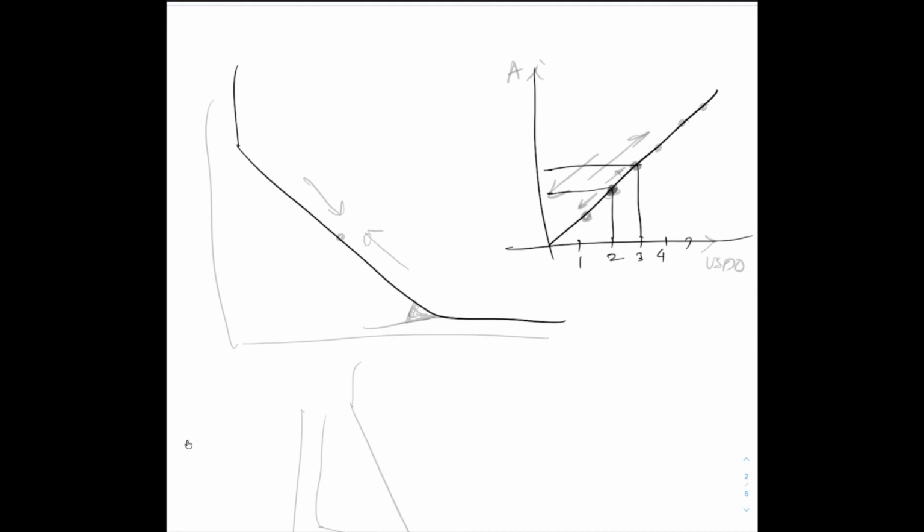Okay. Where this is token A and this is token B, and if the initial price was somewhere around here, okay, relative A to B,